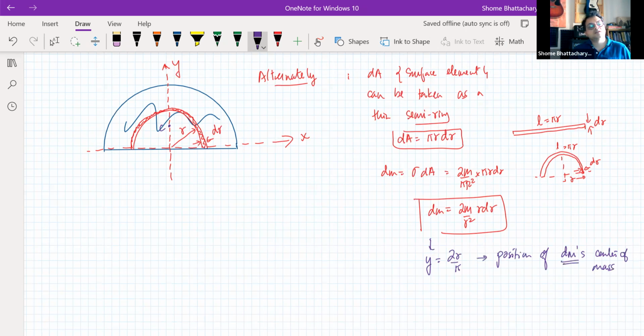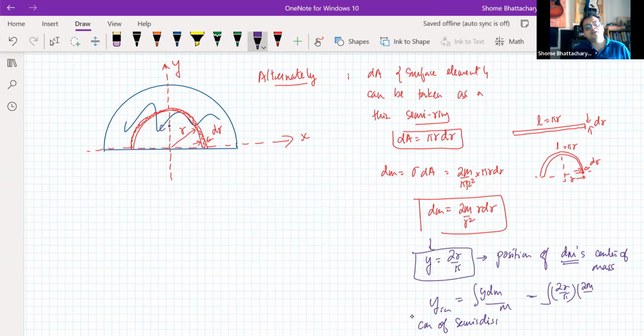So now the y coordinate of the center of mass of the semi-disk will become integration y dm divided by total mass. So this particular semi-ring is now replaced with a particle of mass dm, but at which y coordinate? At 2r by pi. So 2r by pi is the y coordinate of that particle, which is equivalent to that semi-ring, into its mass,